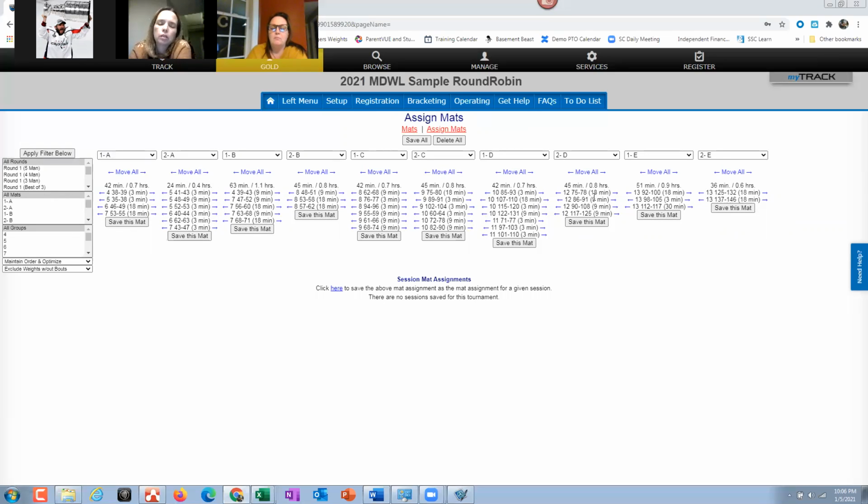You can see the big culprits that change the mats are these four groupings. 3 minutes is a 1-2-man. 9 minutes is going to be a 3-man round robin, 18 minutes is going to be a 4-man round robin, and 30 minutes will be a 5-man. So if you see any that's a 5-man, that's pretty much going to be this. I kept everything 54 minutes and under for each one of these sessions. So this will help dictate, Danielle, how big your sessions are. When you do it and you only have 3, if you're seeing like 99 minutes, that might be too much, but it's up to you guys to decide.